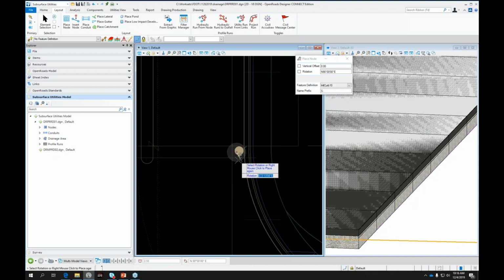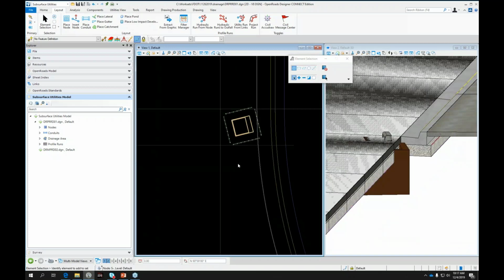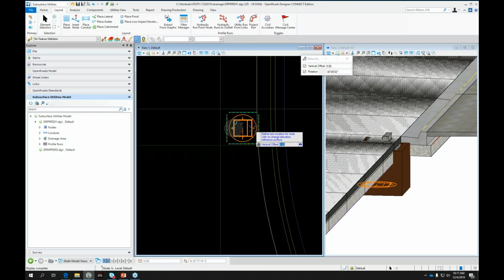The nice thing about this is once it's been placed in here, if it's not in the right location, it's really easy to move them. So you just click on it in the 2D view, and you get these manipulators. So if I want to change this orientation a little better and then click on it, you'll see there's a grip for the center. And then if I move it, I can actually move it back here to this